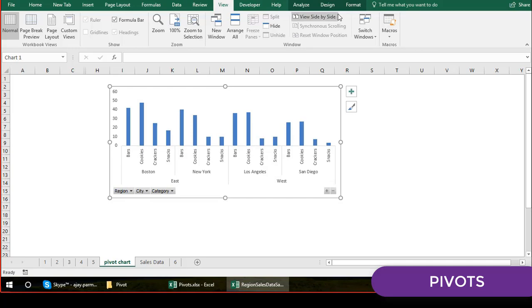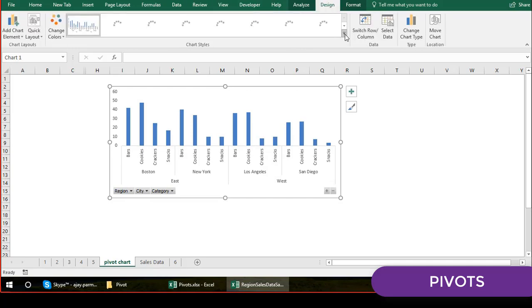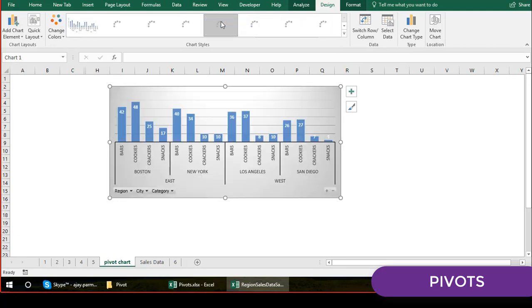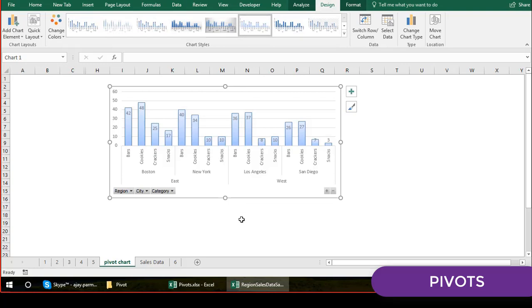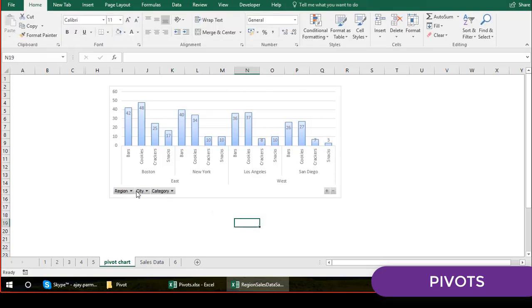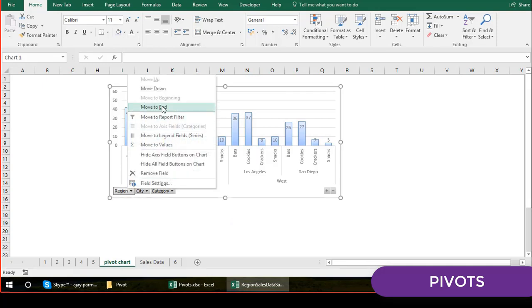This is your pivot. You can go to the design. You can maybe, if you want to use some different color, you can use the different colors as well. That's all up to you. This is how, right? So you can do this sort of thing also. And I think if I just right click here, move to end, move down, move to legend fields.